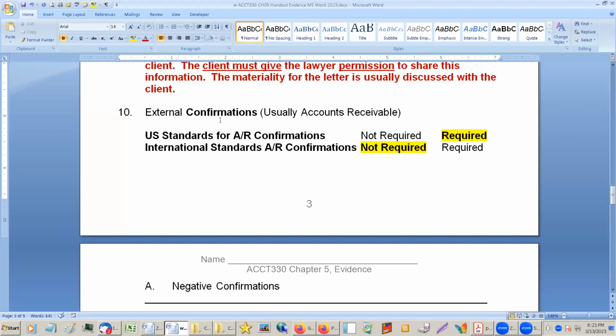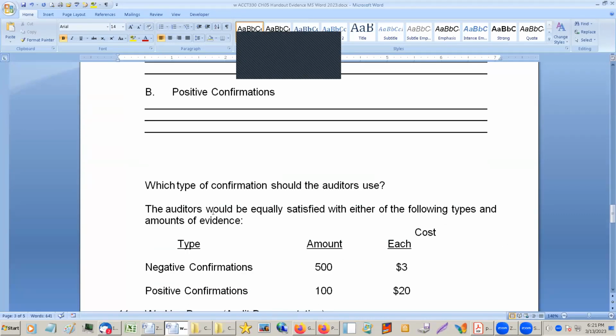So that's probably the only one you're really going to look at. But generally speaking, you have to have a really good reason why you don't do the accounts receivable confirmations. Usually it comes down to them not being material. If you have an account that's clearly not material, you're not required to do it. But accounts receivable confirmations are required by US standards. They're not required by international standards. That doesn't mean that they don't encourage it. It just means that they're not required, and there are other ways of getting this information rather than just confirmations.